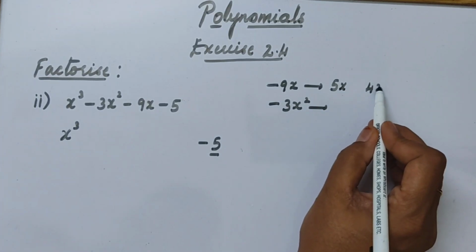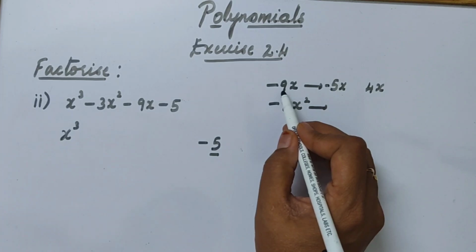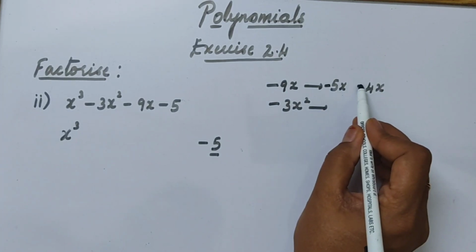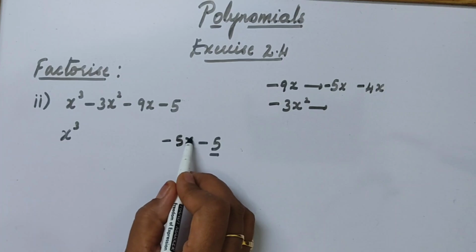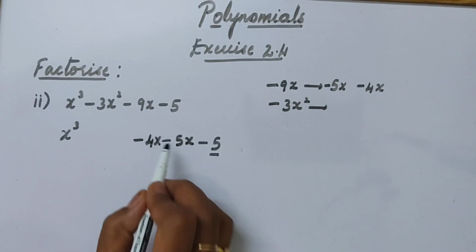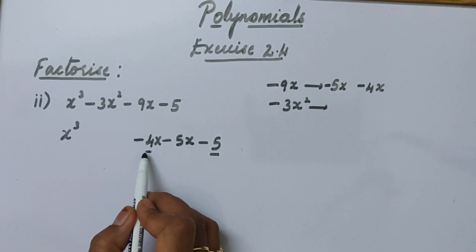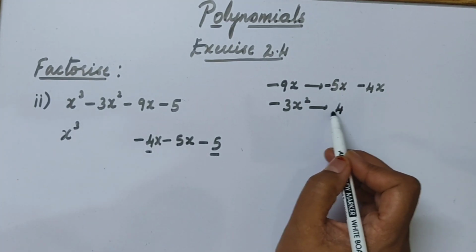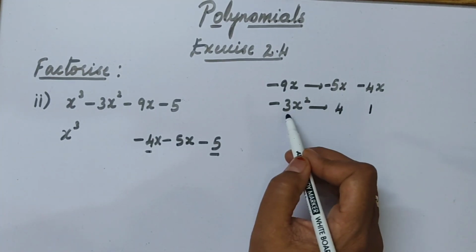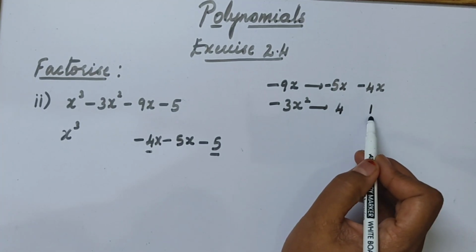X I am going to split on both sides. As we have minus here, that means if I add only, I am going to get minus 9, is it? So the same sign repeats here, correct? I am going to write here minus 5x minus 4x. Okay, I got this. Now as I have 4 here, I should get the pair, starting with 4. Now 4 minus 1, if I subtract only, I am going to get 3, right? 4 minus 1, I have two numbers, that is 4 and 1.